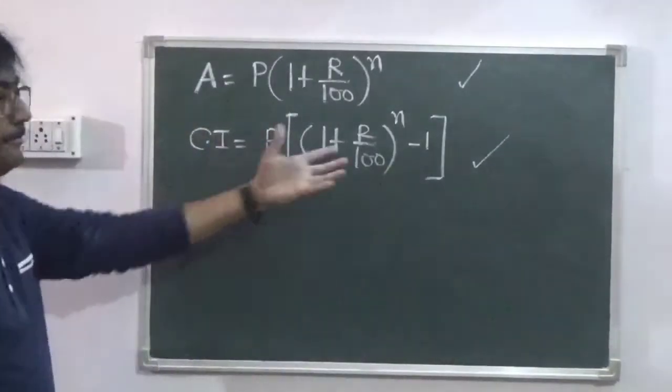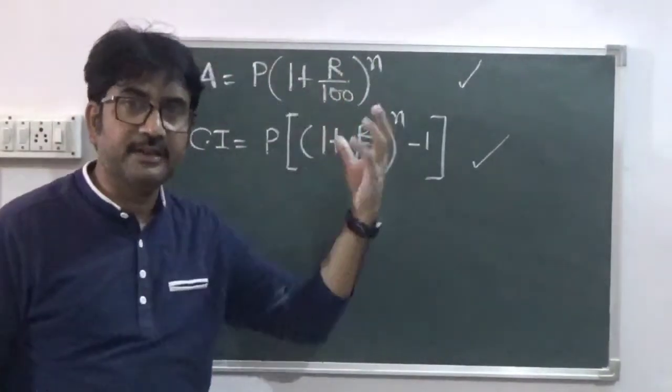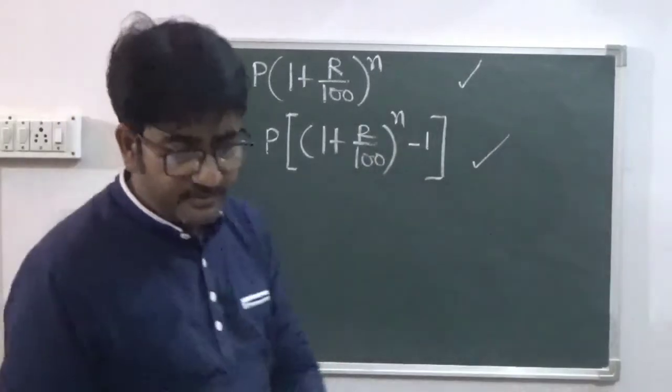So this is when the interest is compounded annually. Then you have got half yearlies and some like this. So I just write down